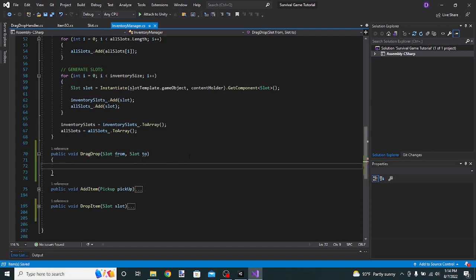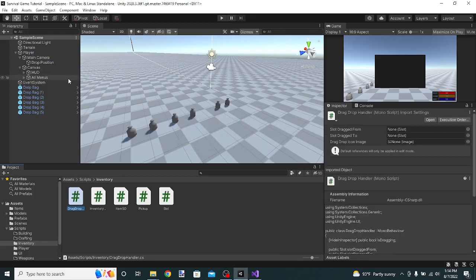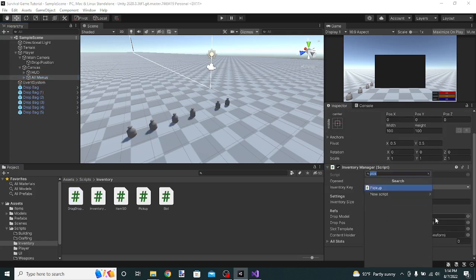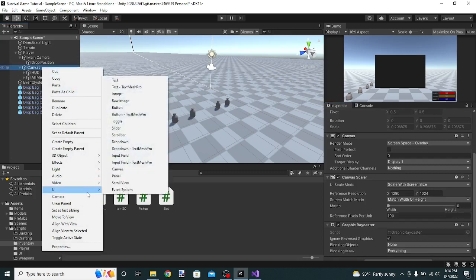Now save it, and we're going to go back into Unity and just do the whole setup and test this out, just to test that we can actually drag items and drop them. We're going to go into all menus, and we're going to add the drag drop handler component, and we need the image. So what we're going to do is right click on canvas, and we're going to do UI dot image,